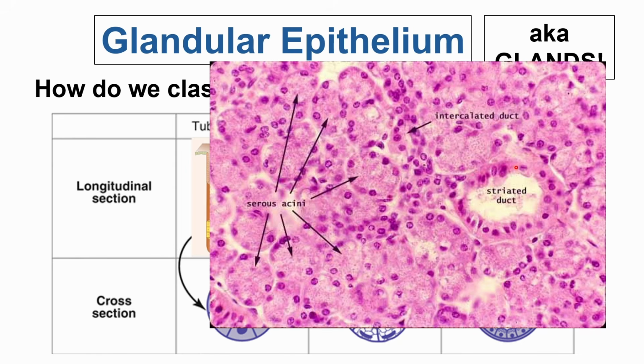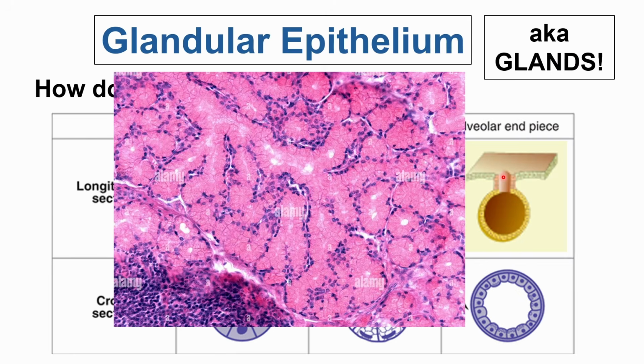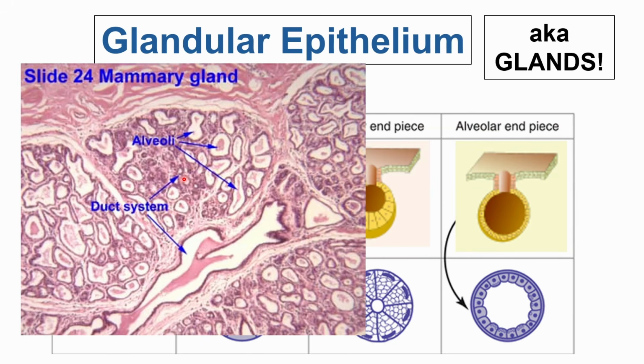Okay? And the other more boring areas with the simple cuboidal lining epithelium are not producing anything. They are just plumbing or pipes. They are the duct system. Here you can see you have the duct system and then a combination of tubular and alveolar end units. Again, some references would argue that the secretory units of the mammary glands are specifically alveolar since they have a big lumen.